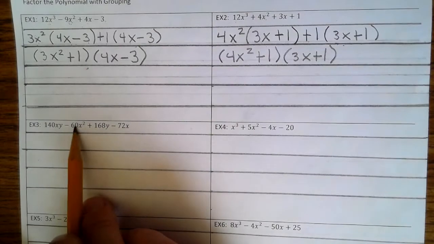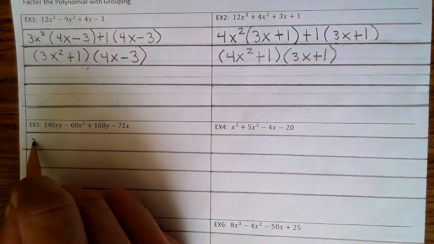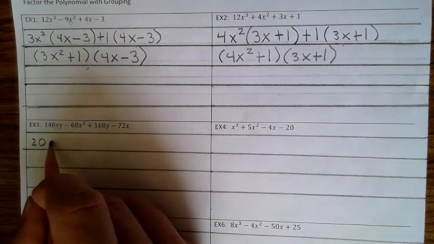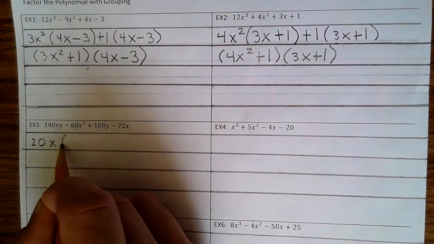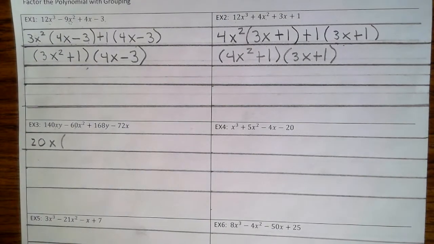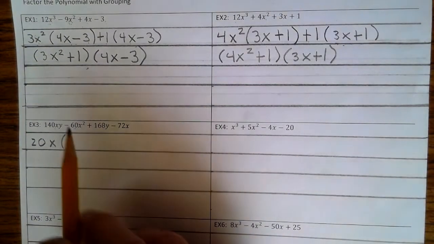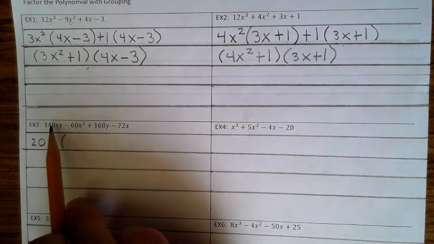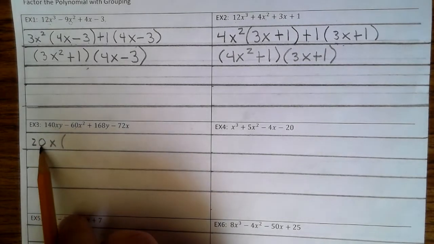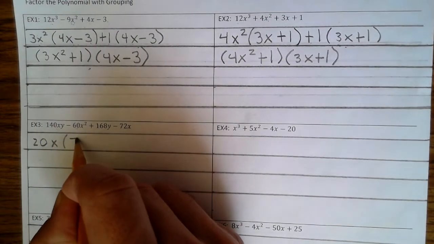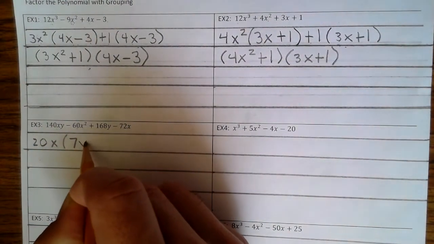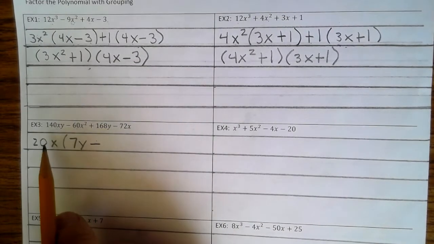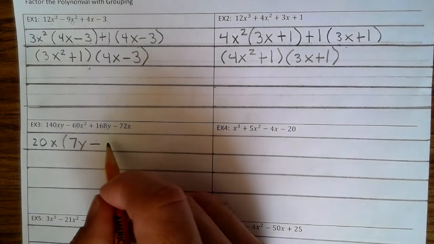Now, it looks like here the greatest number we can divide by is 20. And they both have an x, so we can factor out a 20x. Okay. Now, 140 divided by 20 is 7. We factor out an x, so the only thing left is a y. Minus 60x squared divided by 20x is